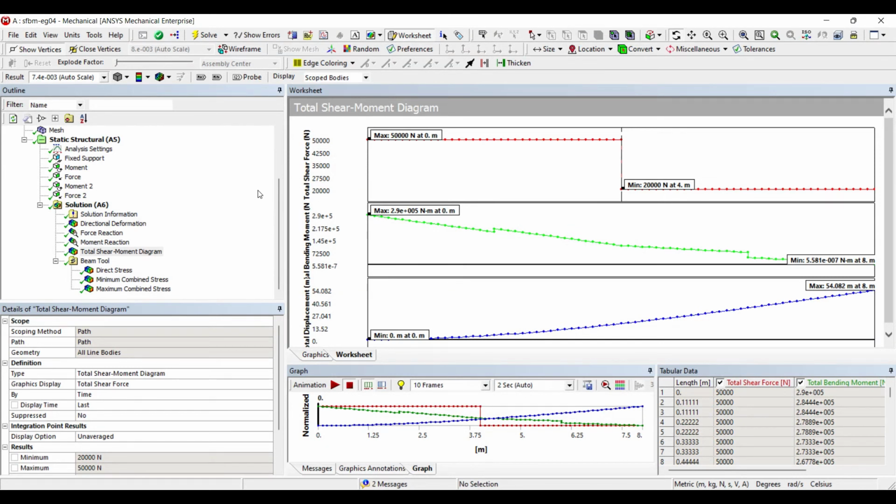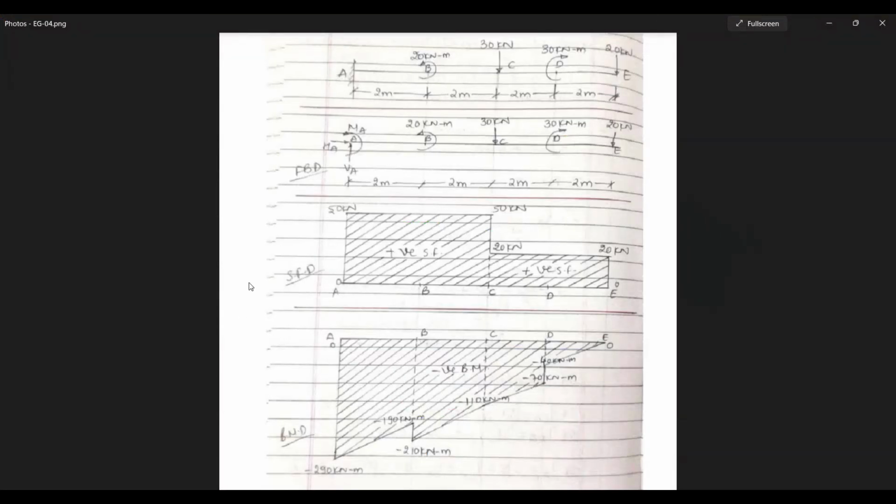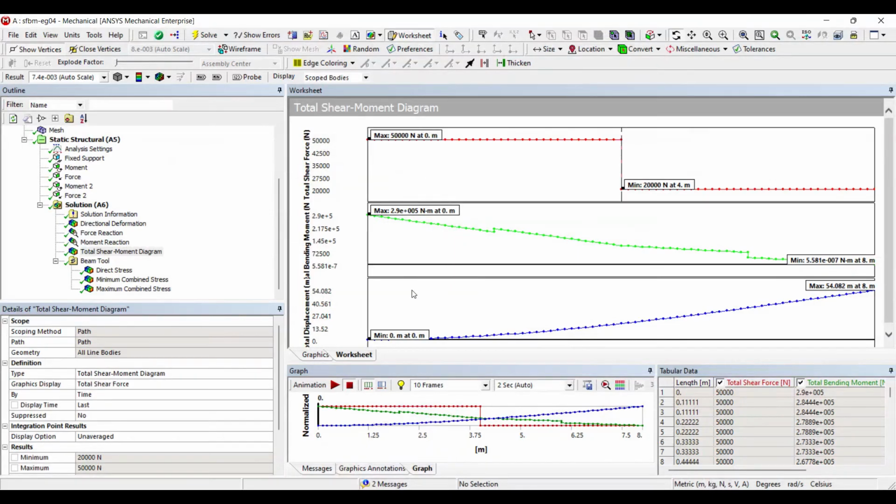Next, we will see for bending moment. Here I can see it is 290 kilonewton meter at this end A. It's exactly the same. It is just about the direction. Here we have used anti-clockwise as negative, and hence we have shown it below this baseline AE, which we consider as the neutral line, below which all the values are negative, above which all values are positive. So that's just our technique of solving theoretically, but ANSYS uses a different technique wherein, according to them, 290 kilonewton can be shown in the upward direction as positive.